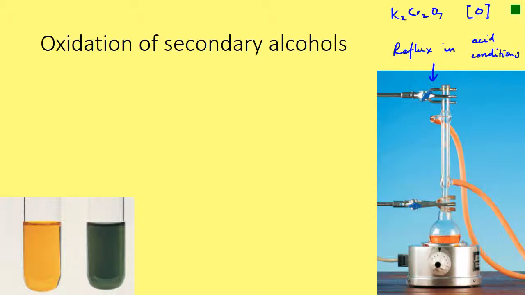Okay, so let's have a look at an equation. So let's start off with propan-2-ol as a secondary alcohol. Right, so we're going to have prop, which is 3 carbons. Propan-2-ol means our hydroxyl group is on our middle carbon, like so, and the other carbons are just going to have normal hydrogens on them, like so. So this is our secondary